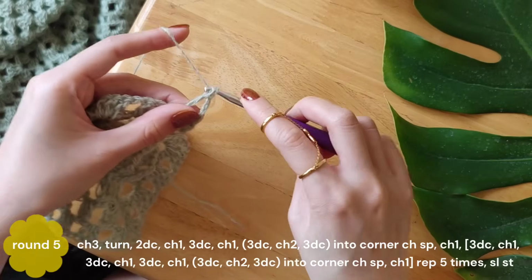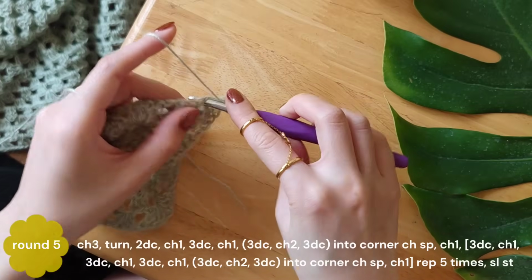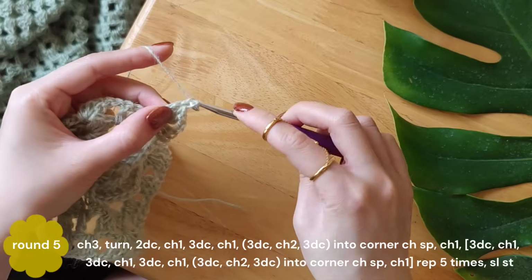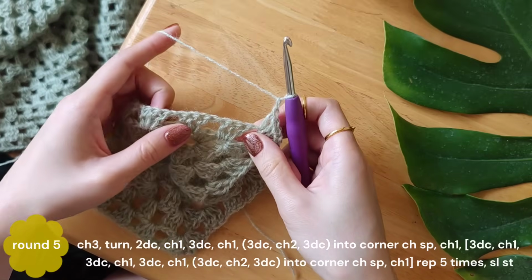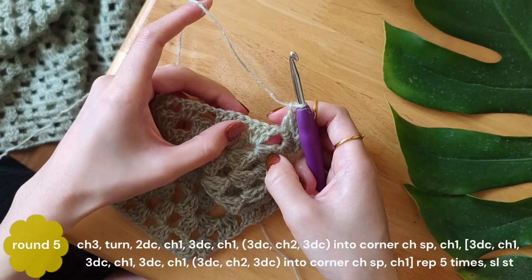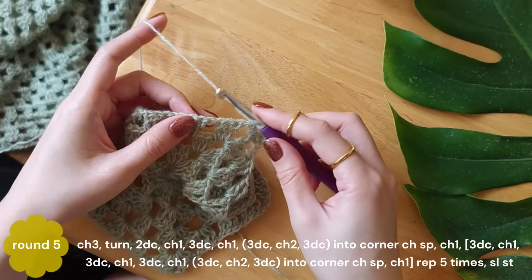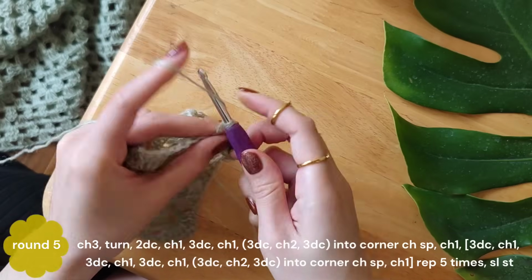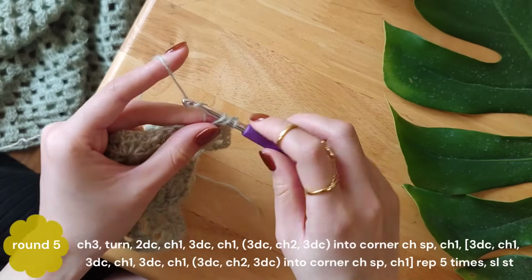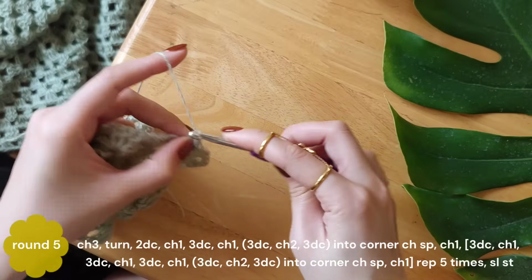After working your double clusters in the corner of our hexagon, make chain 1, and then on the sides of our hexagon you can see that there are 3 chain spaces. We're going to work into each of these chain spaces 1 cluster. So into the first chain space work your 3 double crochet stitches, and then make chain 1,